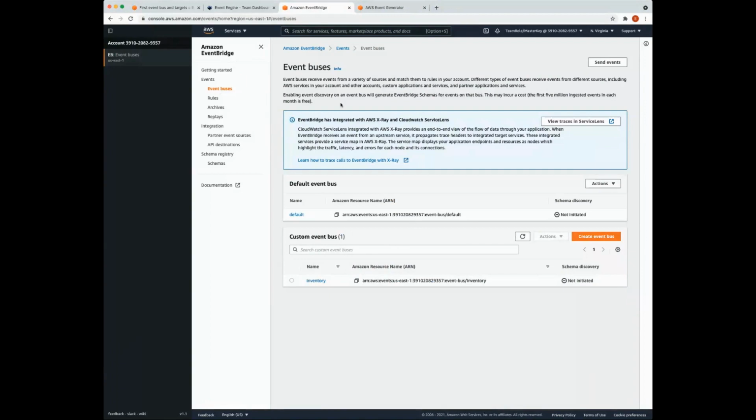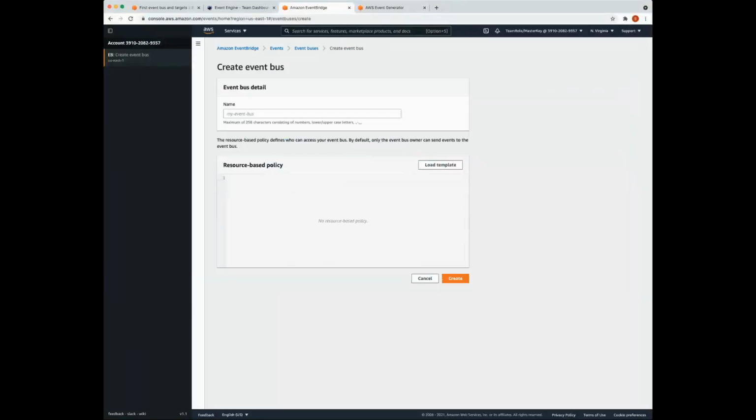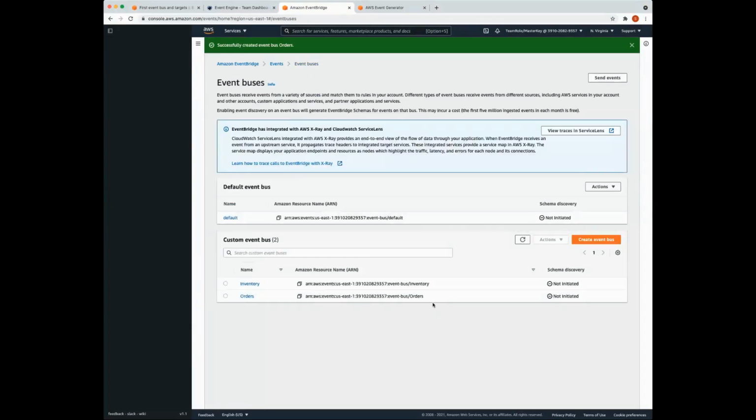So you should see an orange button in the bottom right of the page called Create Event Bus. We're going to click on that. And we're going to name this bus orders. We're going to leave the permissions blank, and we're going to go ahead and click Create. And we've now created our first event bus.